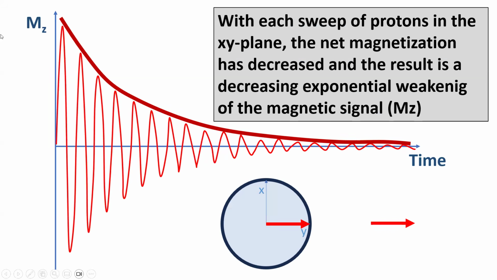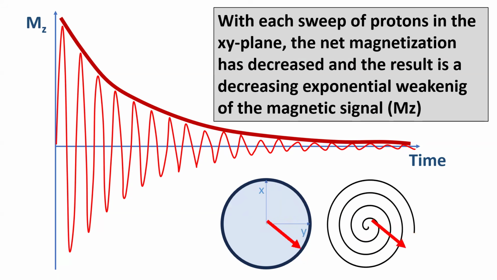So this is the depiction of the magnetic signal. Once again, this is wrong. This should be XY. So here we have once again, seen from above, protons precessing in phase initially, but normally this vector or this arrow, which basically denotes the strength of the magnetic field in the XY plane, should become smaller with every spin due to dephasing. So basically it should form this shape, so not a circle but a spiral, gradually becoming weaker and weaker and weaker. And this here shows us the magnetic signal that is detected by a receiver coil, and with each sweep,